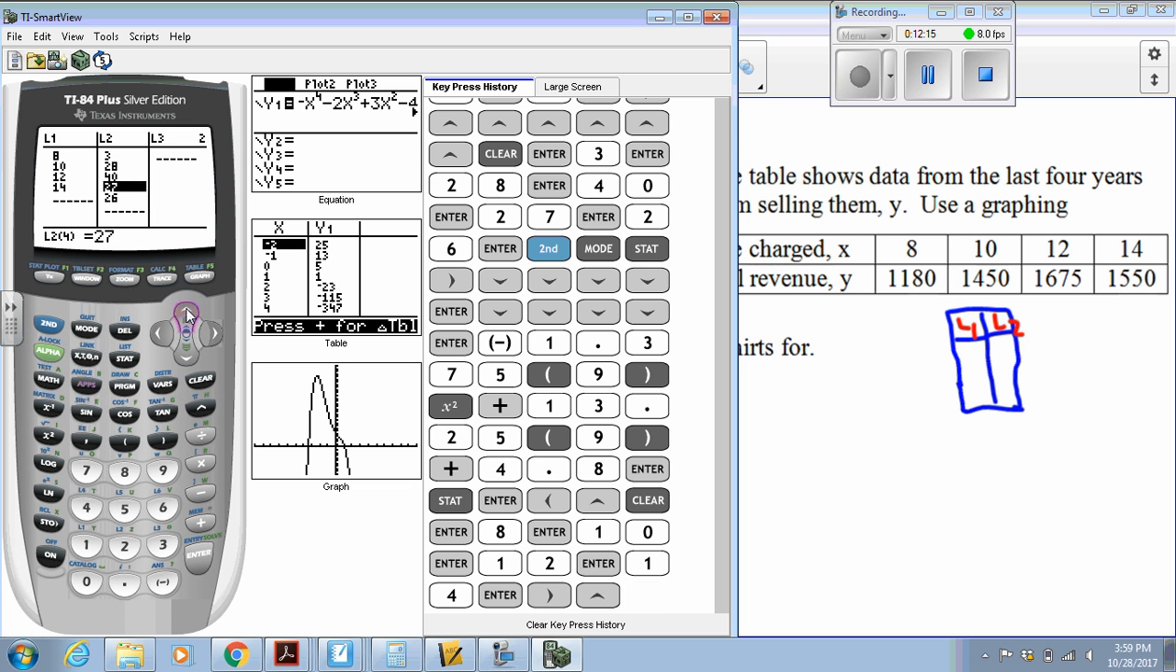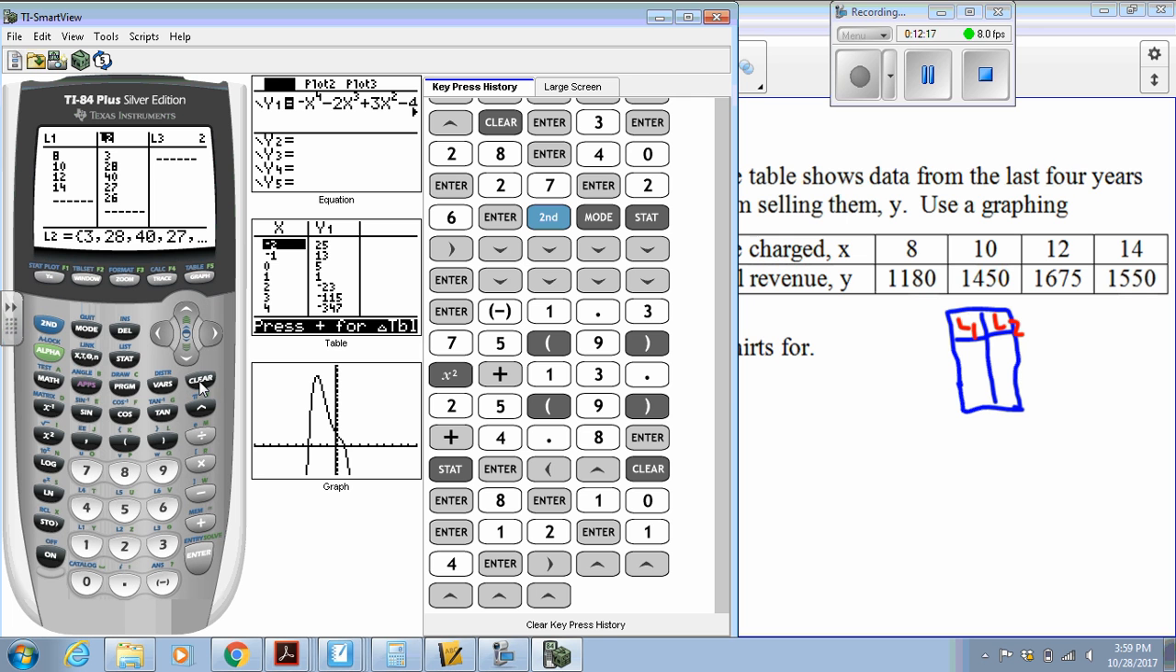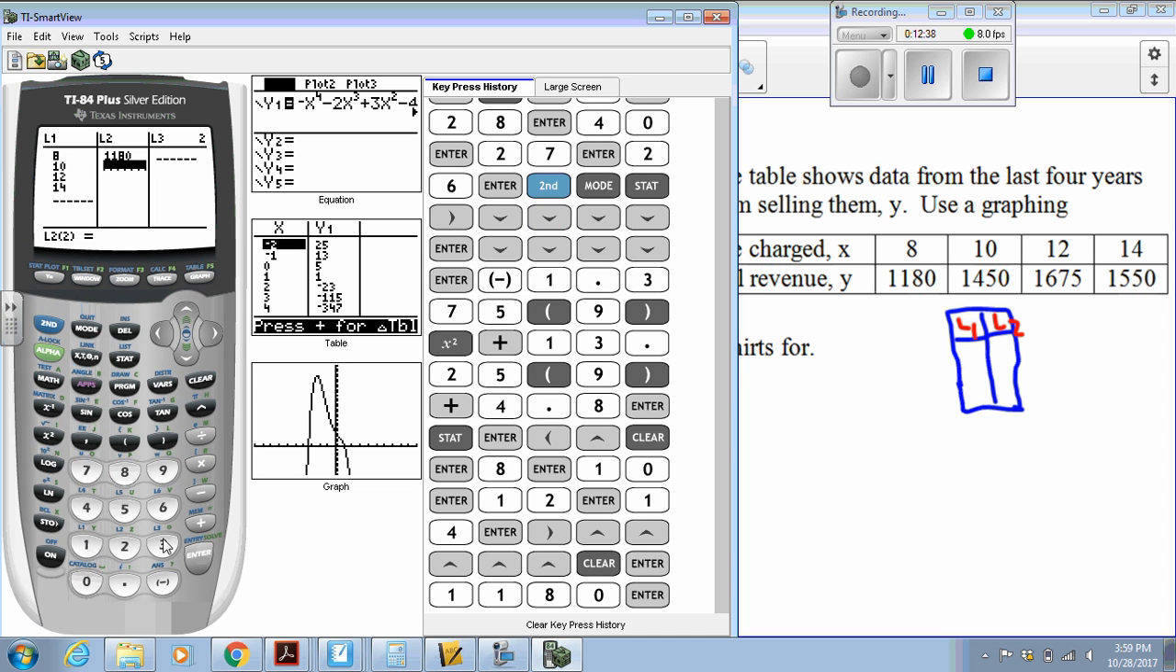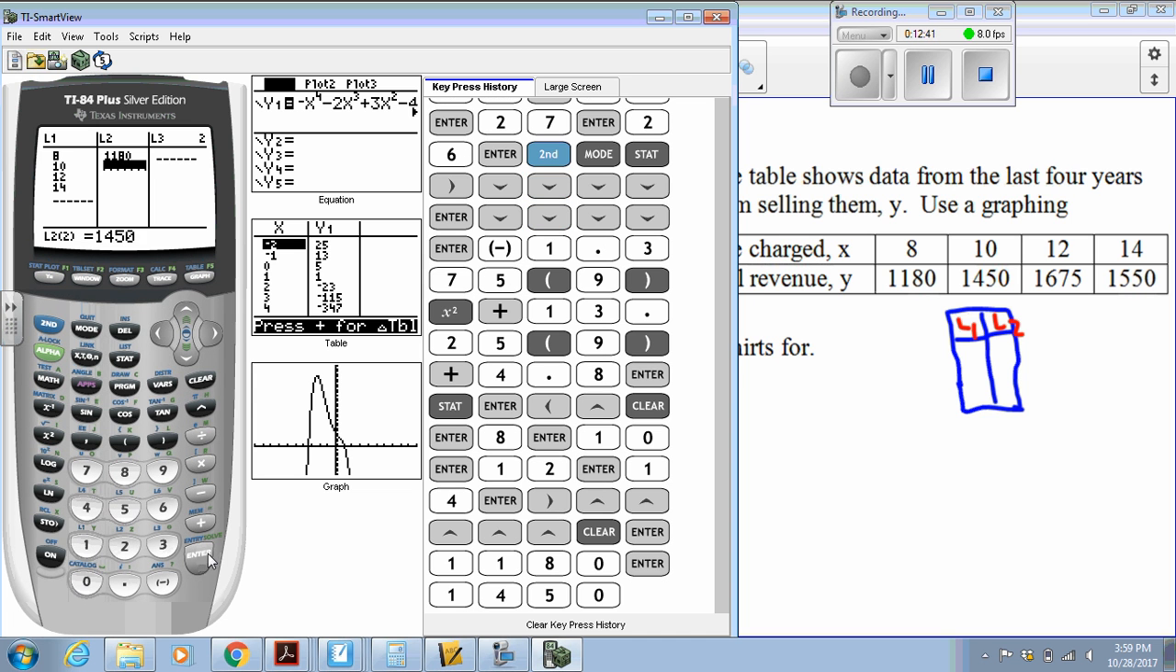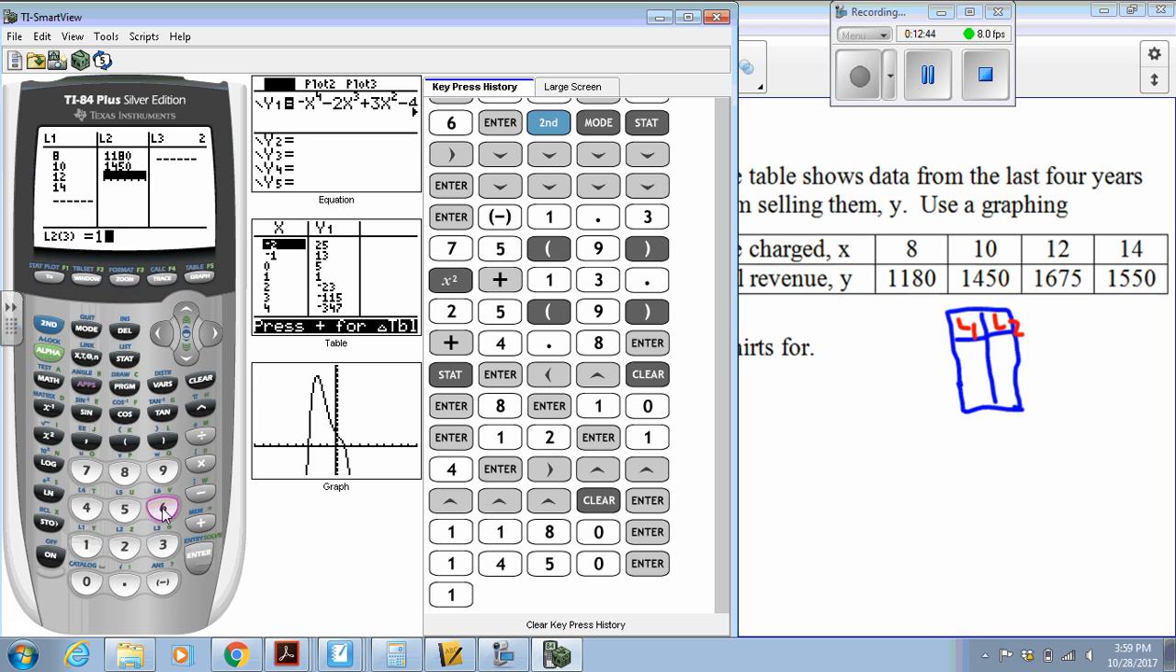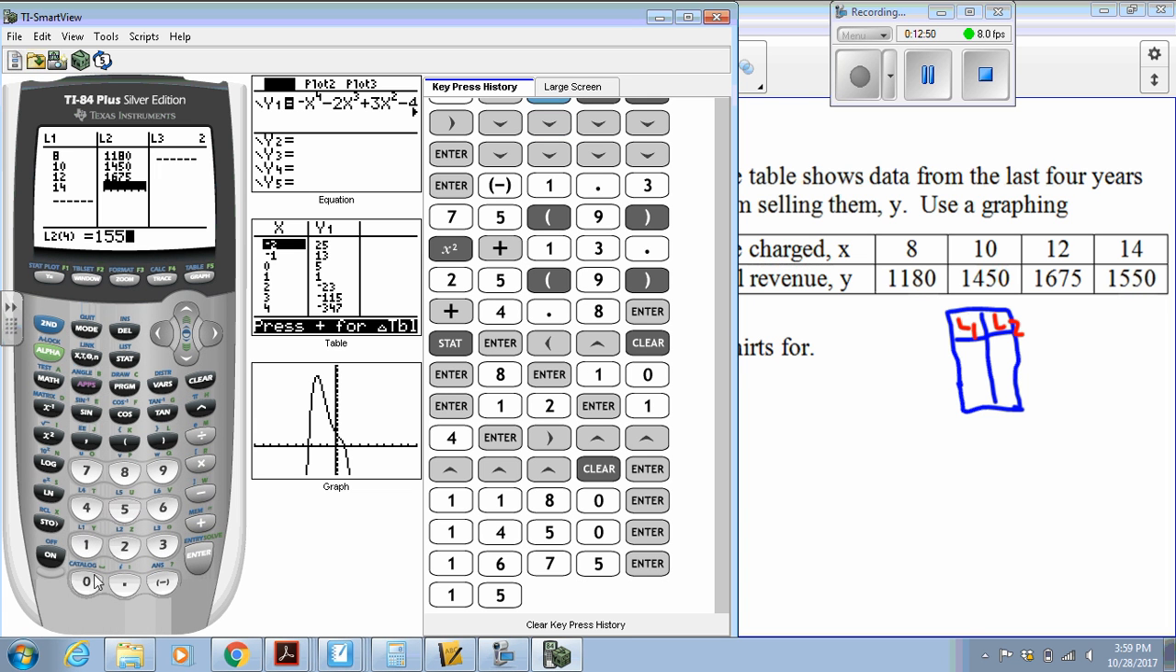Now I'm going to go over to my second list and clear that. So make sure you highlight L2, and then I clear it, Enter. Now for my L2 or list 2, I'm going to put 1,080, 1,450, 1,675, and 1,550 in my list 2. So we have 1,080, 1,450, make sure you enter afterwards, 1,675, enter, and last one, 1,550. And we can see that we have 4 entries in our L1, 4 entries in our L2, so we're